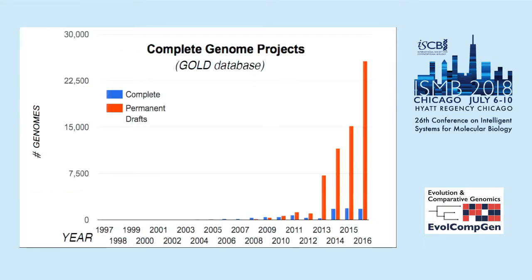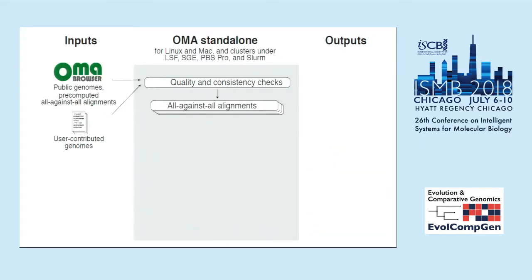Of course, the big challenge is that we are nowhere near complete, and the number of genomes increases really a lot. So at some point, we thought, okay, we have to focus on the high-quality genomes, which don't increase so rapidly, and let users run the computation on their own side for the lesser quality ones. And so we've been developing this OMA standalone package, which I'm trying to advertise here. We have a paper that is almost ready now for submission after a few years.